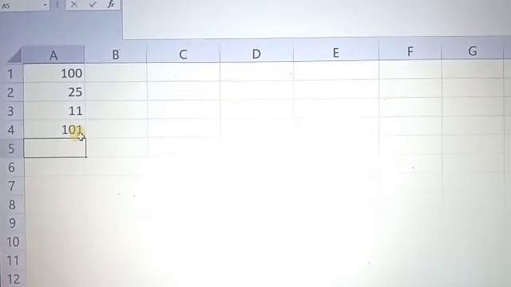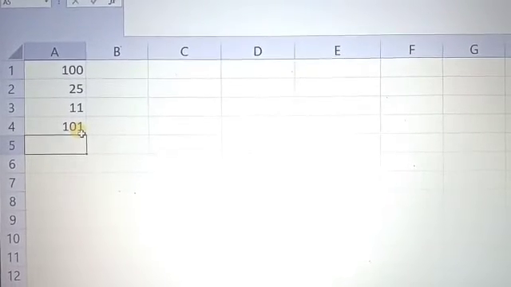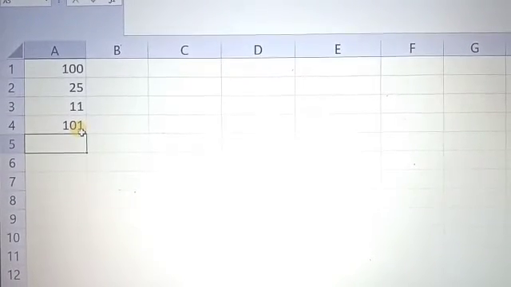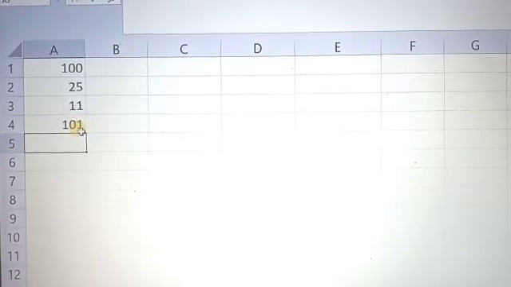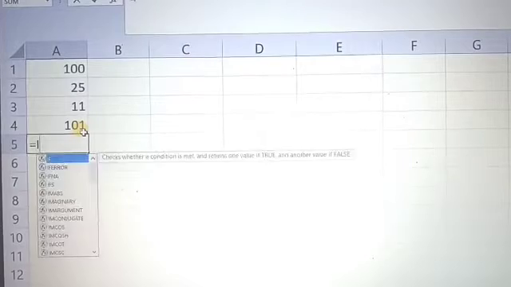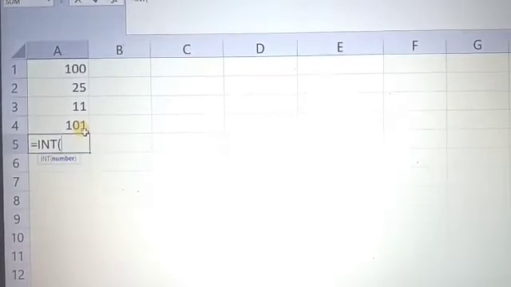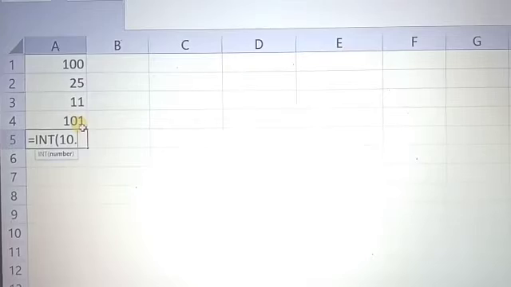In the same manner, the next function that can be used here is int. Equals int, use the tab key, and you can define 10.99. It gives the output 10.